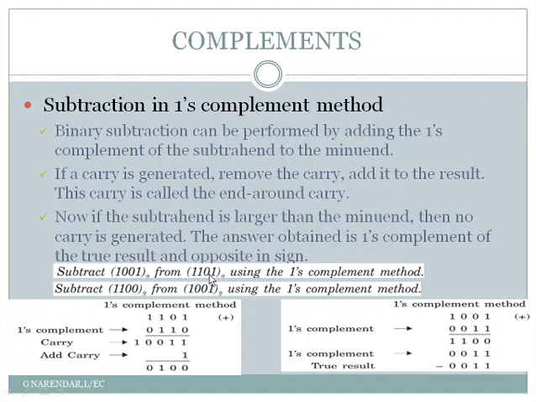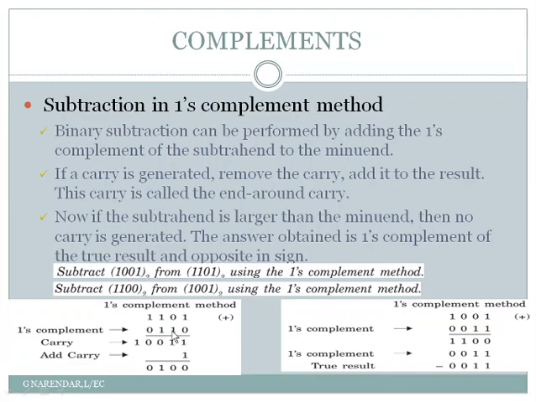So 1101 becomes the minuend and 1001 becomes the subtrahend, that means the number which is going to be subtracted. So we'll write the minuend as is, 1101, and in the place of the subtrahend, we'll take the ones complement of 1001. If you take the ones complement, that means replace all ones with zeros and zeros with ones. The ones complement of the subtrahend becomes 0110.